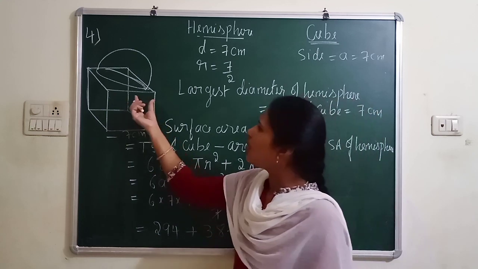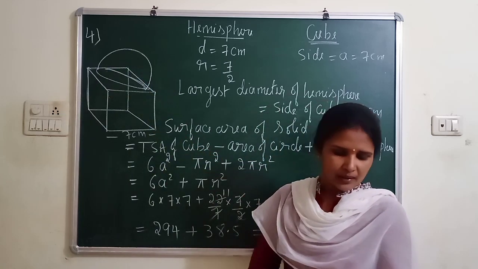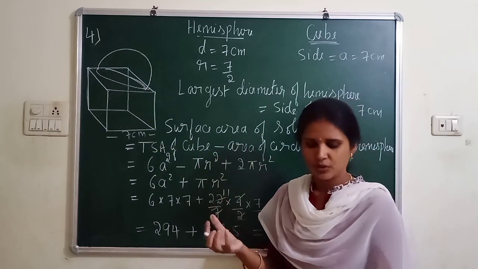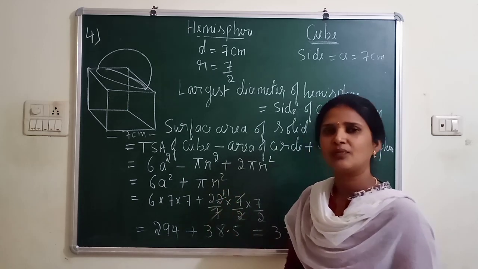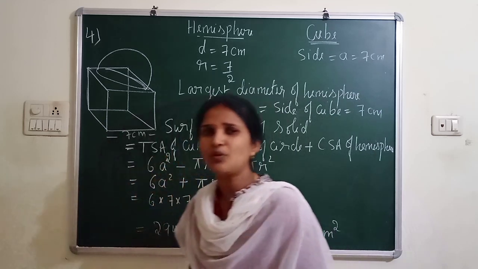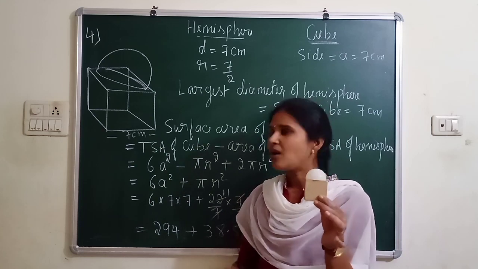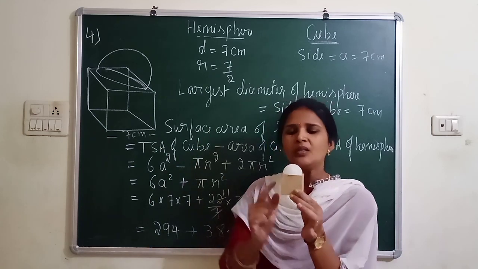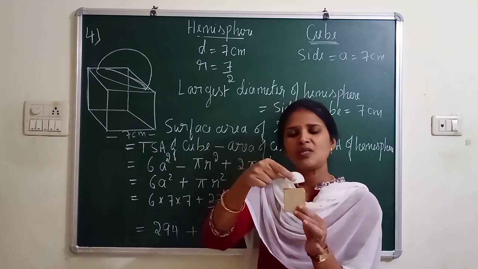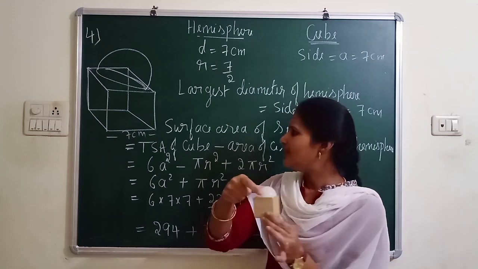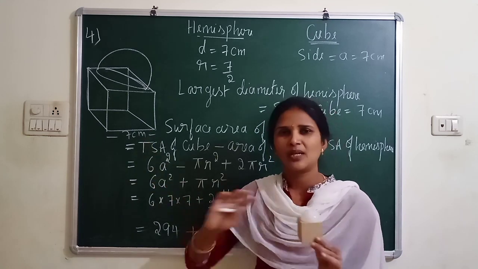Surmounted by a hemisphere. So on that cube there is a hemisphere which is mounted on it. And they asked one question: what is the greatest diameter the hemisphere can have? Find the surface area of the solid. So very simple they asked, but try to understand the block. See, just let me show this. So this is the block. You can compare the diagram with this block. So this is a cubical block where a hemisphere is mounted on a cube. And given the edge of the cube is 7 cm. Other than this we don't know anything.